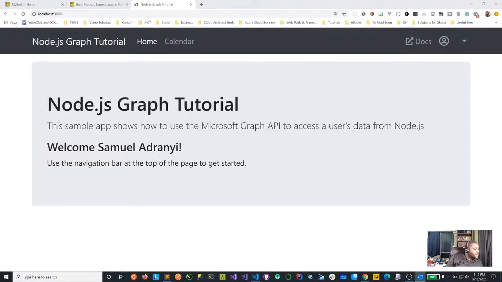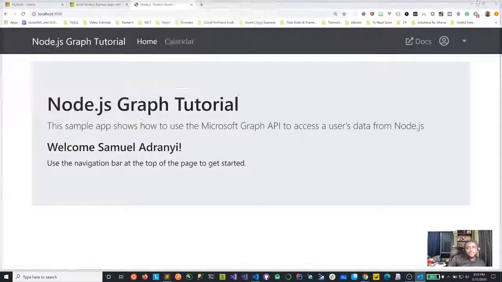So let me actually bring up my calendar here. All right.